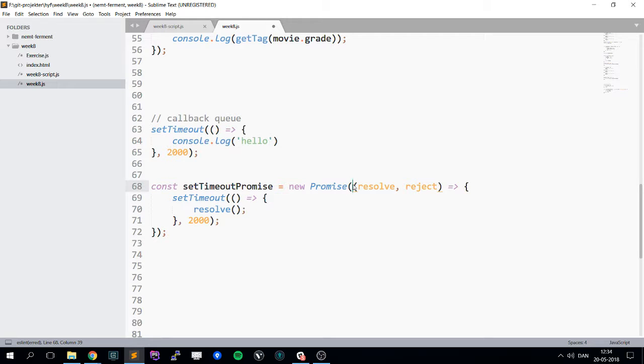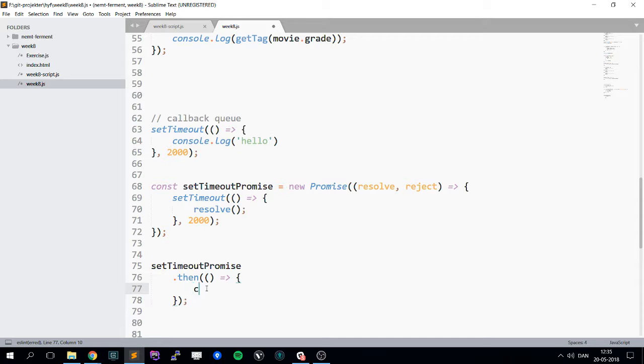When you make a new function, a new promise, you give it the resolve and the reject. When you call the resolve function, that means now I'm done with my asynchronous code, okay? And I want someone else to use that asynchronous code. So how do people then use this asynchronous code? You call a function called then,